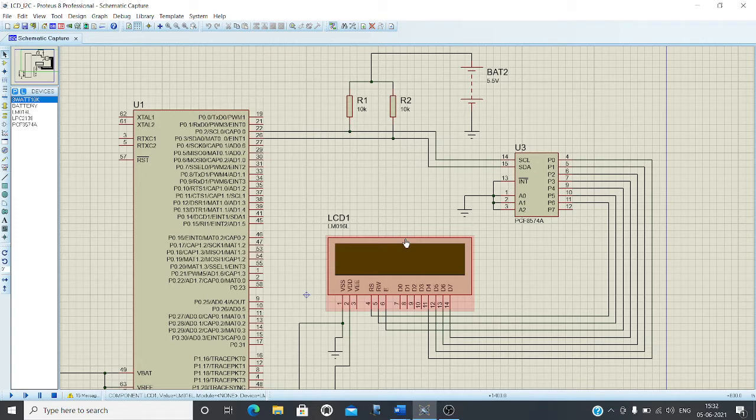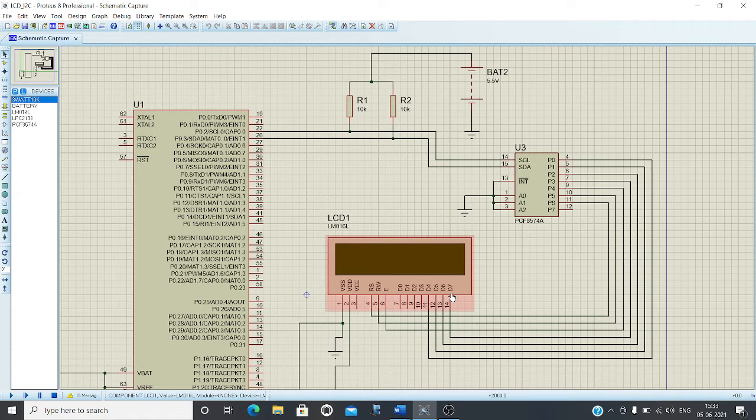Support means it should have the necessary hardware circuit to handle I2C communication. So our conventional LCD doesn't support I2C. It doesn't have the necessary hardware built inside to support I2C.